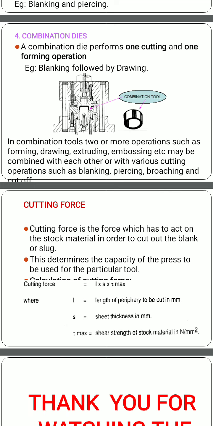In order to shear the product, we have to apply force. Thereby the cutting force decides the press capacity, meaning how much capacity is required. It is measured in tons: 5 tons, 10 tons, 15 tons of press capacity. Once you find out the cutting force,